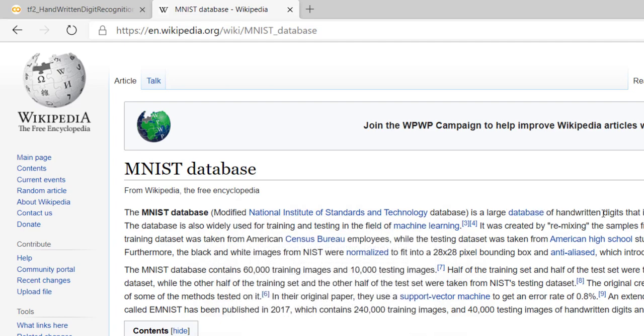It is a large database of handwritten digits that is commonly used for training various image processing systems. We can say that it is just like a hello world program for neural networks. Basically, whenever we want to work with images, the neural network will be trained on the MNIST dataset and accordingly changes will be done for the required datasets.